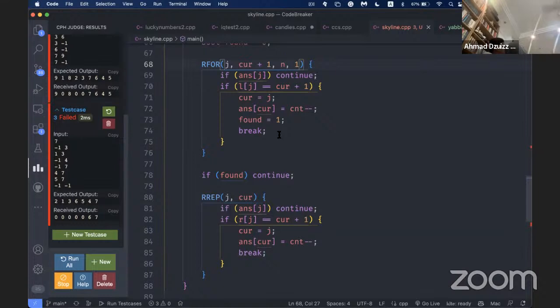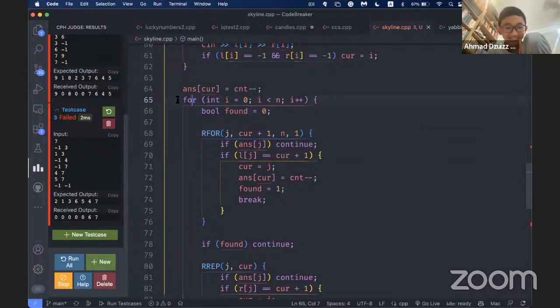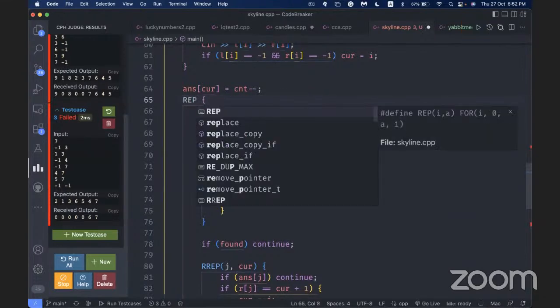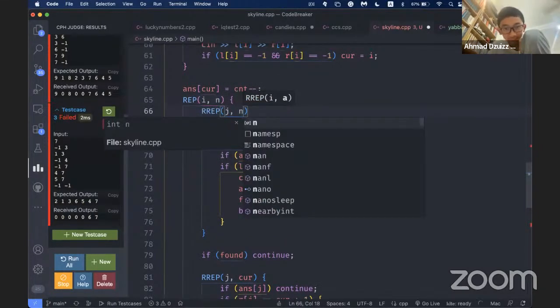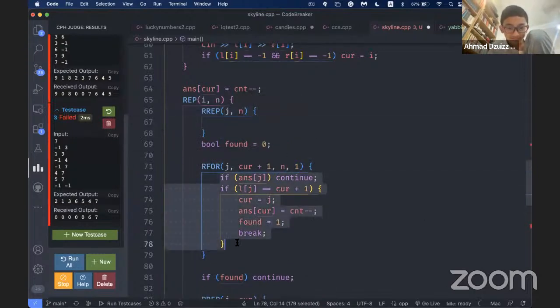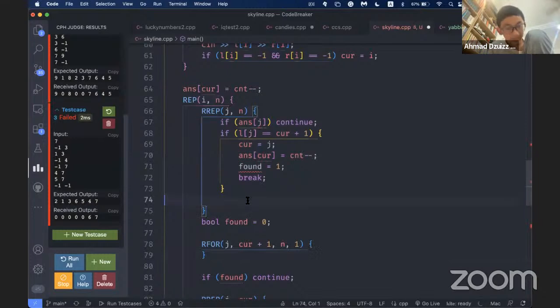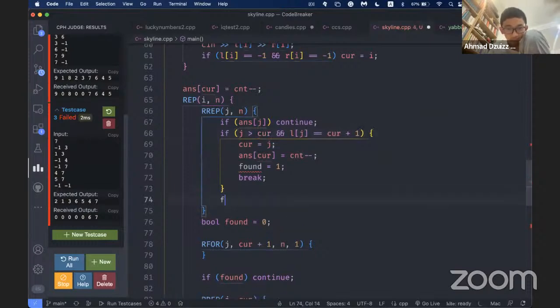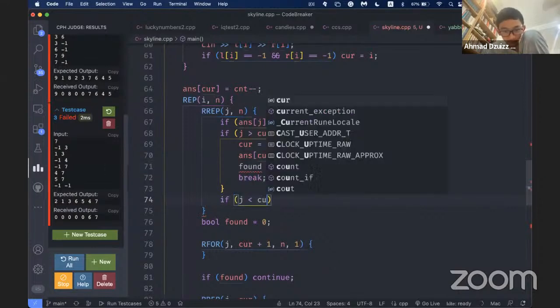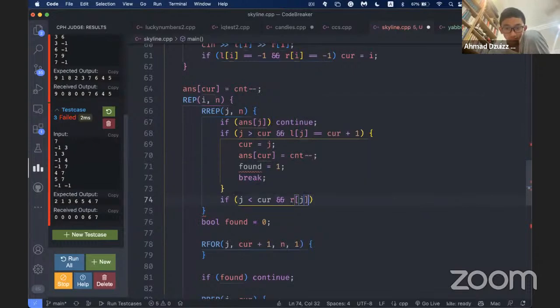Oh wait, I might as well just do one full nested loop. Huh? Yeah, right. So I can just do rep in, then reverse rep jn, and then do all this. Oh no no no no. Oh wait, yeah. So if j greater than current, and that if j smaller than current, and this